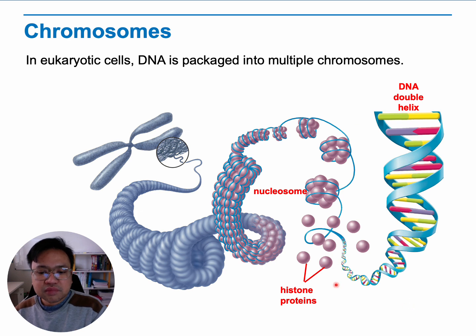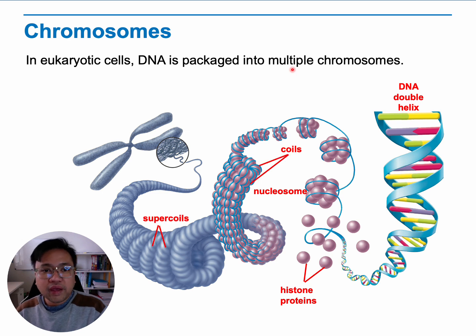The DNA is then wrapped around histone proteins, forming a structure known as a nucleosome. These nucleosomes act like beads on a string, compacting the DNA. When nucleosomes are tightly packed, they form coils, and these coils can further twist into supercoils, creating an even more